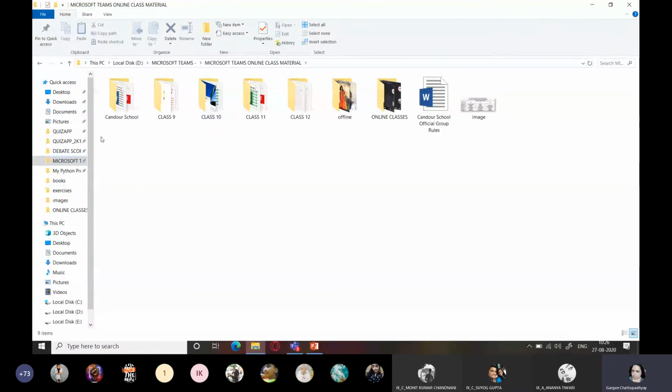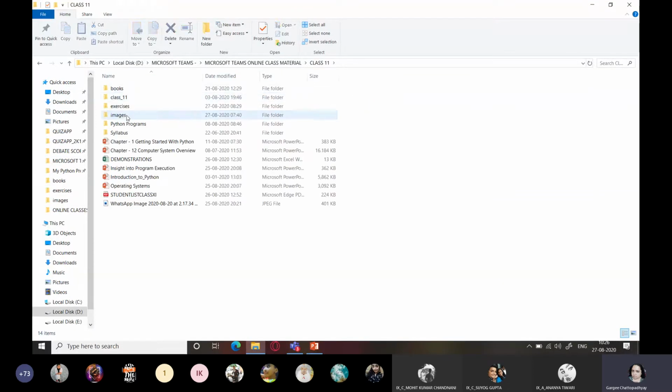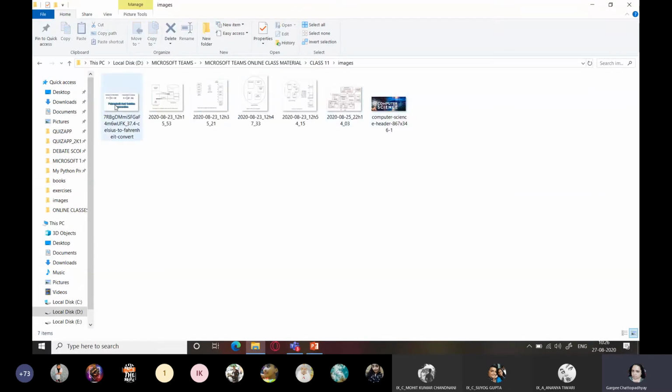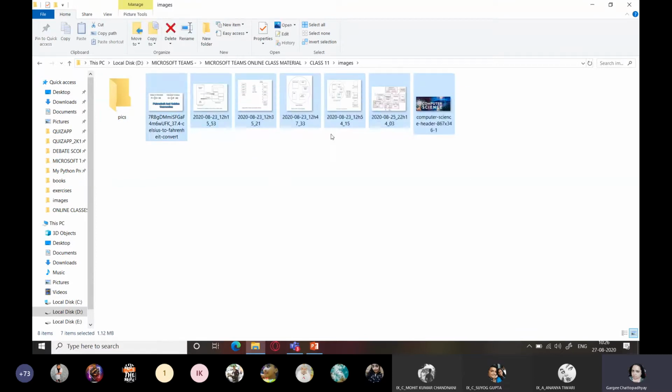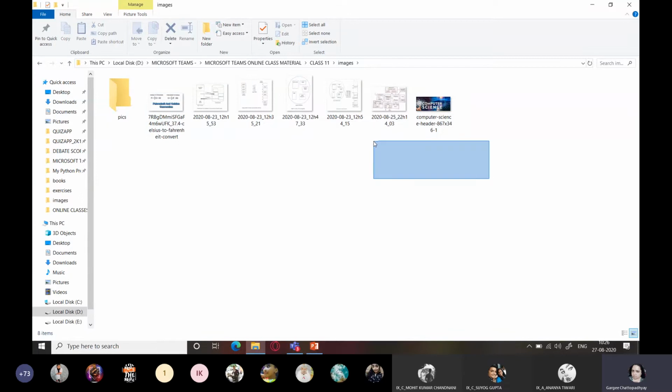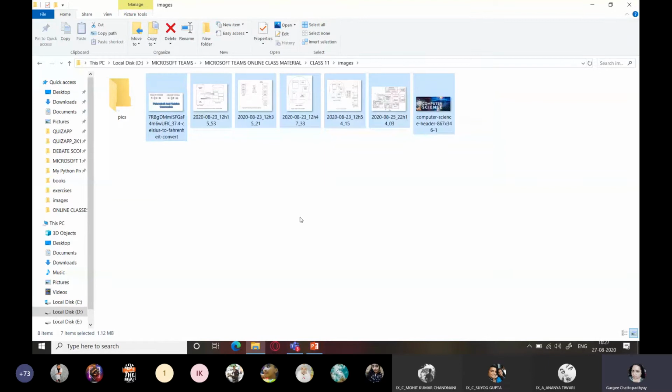If you want to move files, what to do? So I'll select some images which I can easily move. So these are some images, and I want to move them to a folder. So suppose I have a folder here, pics. So I want to move these. So what I can do is I can select them. Now see, I'm using a simple drag and drop. I'm just keeping the left mouse button pressed and dragging the mouse.